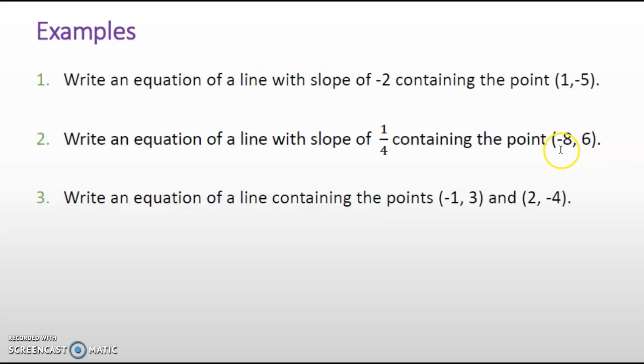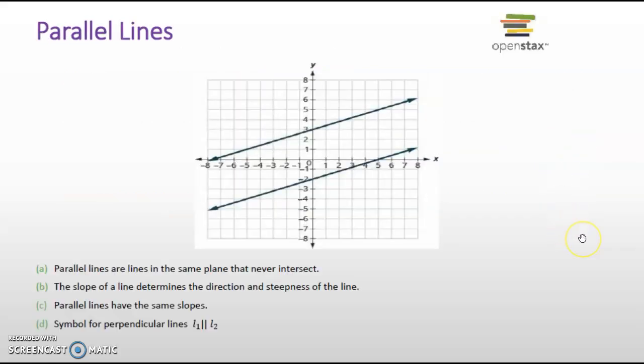We looked at these three examples in the last video as well, but in this one we're going to focus on parallel and perpendicular lines. So let's start with the definition of parallel lines. Parallel lines are lines in the same plane that never intersect each other. You have an example of two parallel lines on the screen here. They go in the same direction. If we extended the plane and extended those lines as far as we can imagine, they will never ever touch